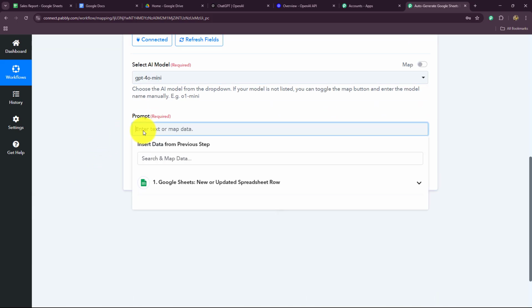The prompt is a very important step and the highlight of your workflow automation, because here we need to provide a command to ChatGPT or to our AI agent about what we actually want it to do for us. In my case, I want ChatGPT to generate a properly formatted, well-documented report on the analysis of the sales details which we have received from Google Sheets for my salesperson, and I'm going to provide all the details over here